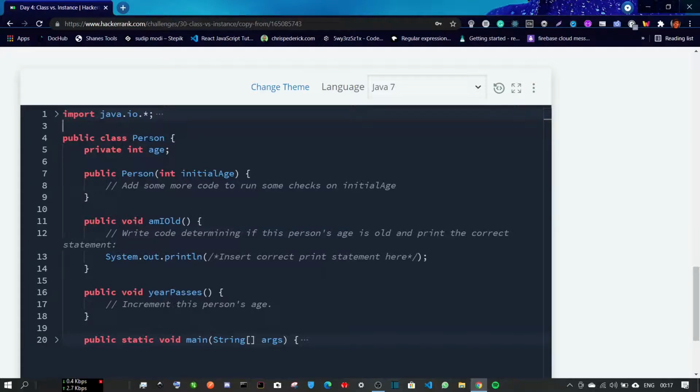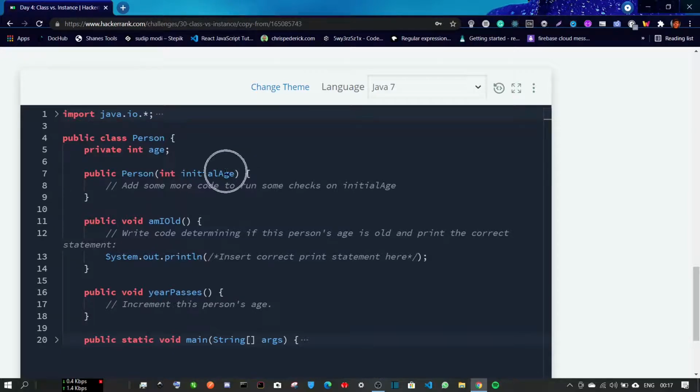We can see the Person class has already been declared. Also, the age variable has also been declared for us. We do not have to change anything here. You can see the comments where you need to write the code. So we have this public Person constructor that takes the parameter integer initialAge.